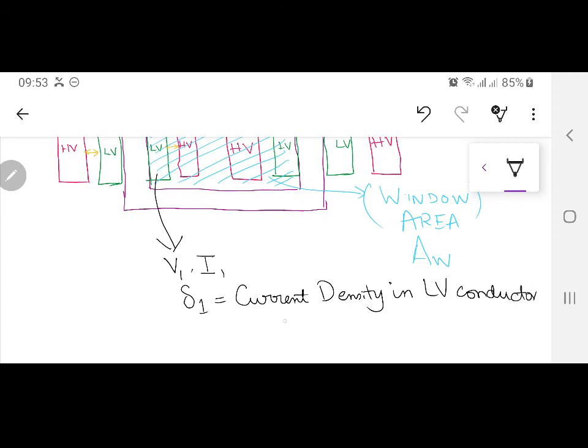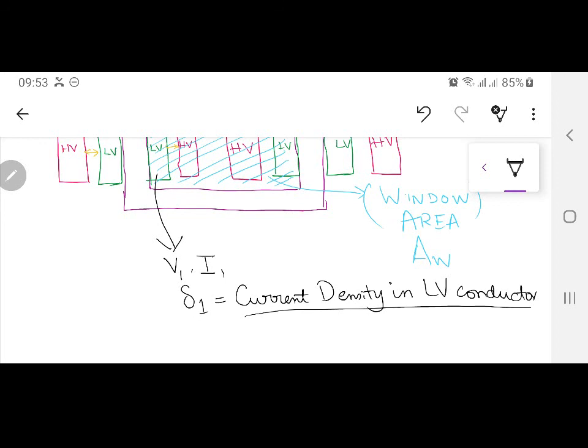But what I mean by that is how many amperes per mm square is going to be the current density in your conductor. You have to see that when you are designing a transformer, you want in this conductor 5 amperes per mm square, 6 ampere, 3 ampere. Now this is again decided by what type of cooling you are having. If your cooling is air cooled, you can't go more than like 2 or 2.5 amperes per mm square. But if it is oil cooling, then you can go up to maybe 4 or 5.